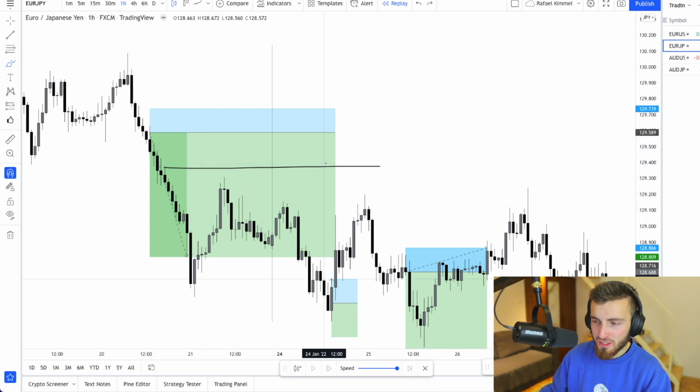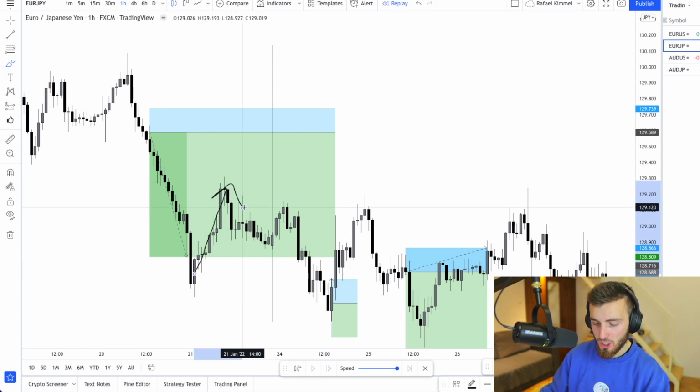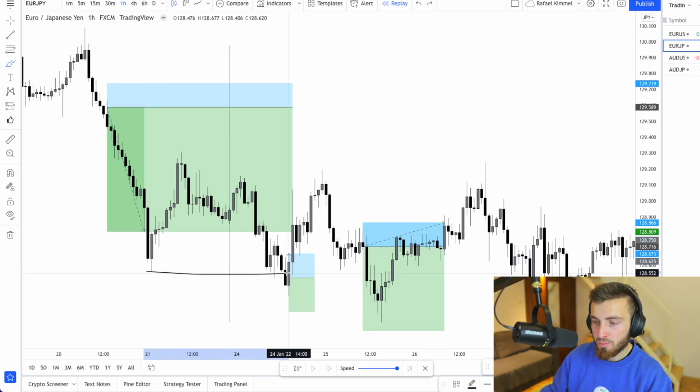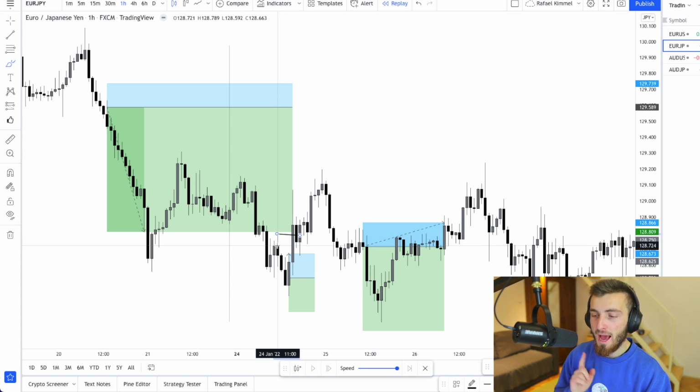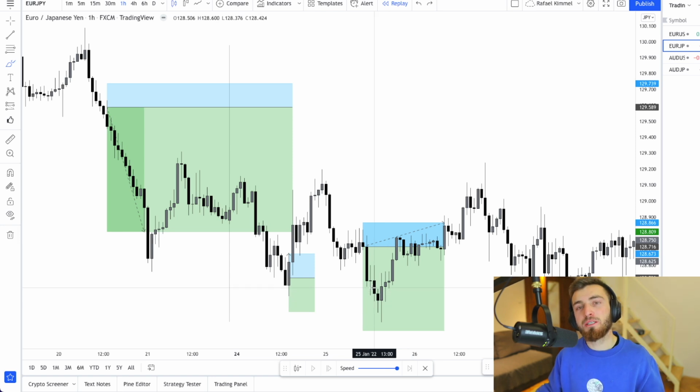So you could have entered right there, but I personally did not enter because this was a slow trade to shape up. And then we just break this low right here. We lock in profits right here. We pull back, break the low again. We lock in profits. And how do we break the low? We break the low with these beautiful candles, with this beautiful show of momentum down. And I was like, okay, there's still momentum short.